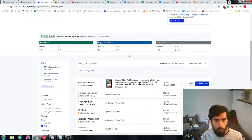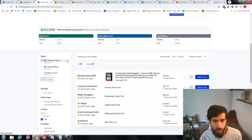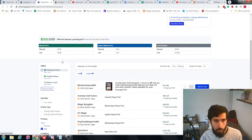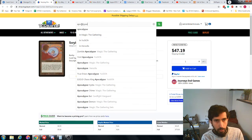Does anyone actually want this card? Choose a number greater than 0, choose a color, they reveal their hand. If they have exactly that many, you draw a card. I don't think anyone's playing this in any deck. It seems pretty terrible, so it's really just a pure rarity play. And that's been the theme of all of the investments that I've done recently, including sealed booster boxes. I'm just looking for what is super rare. Like, what can you not find anything of? For example, I've bought,